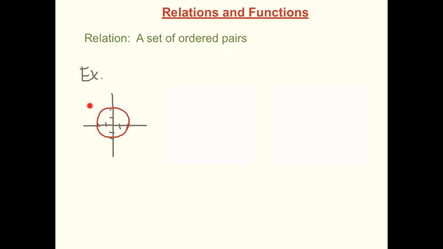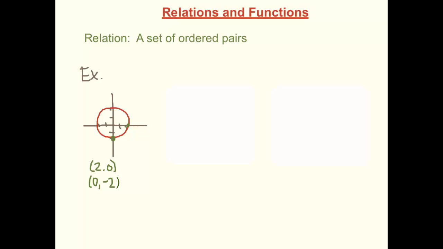The first example is this circle here. So a relation would be the set of all the ordered pairs that make up that circle. We could write some of them down, not all of them, but some of them. Like, for example, (2, 0) is an ordered pair on that circle. (0, -2) would also be, that would be here. 2 zeros here. Again, I can't write them all down because there's an infinite number of points, but I could